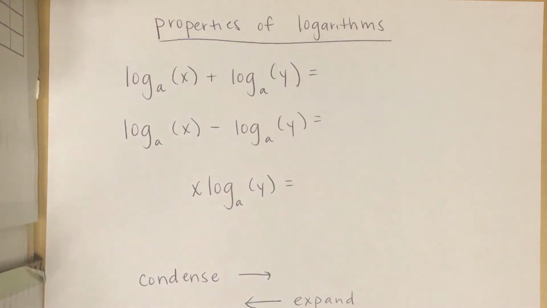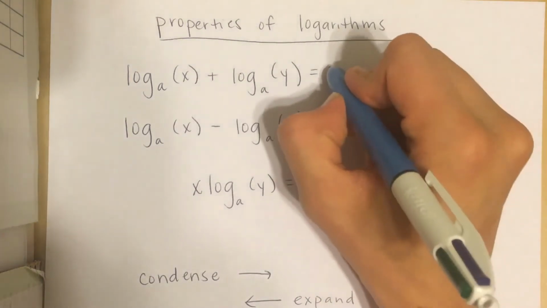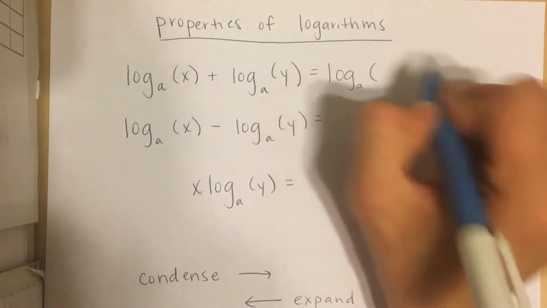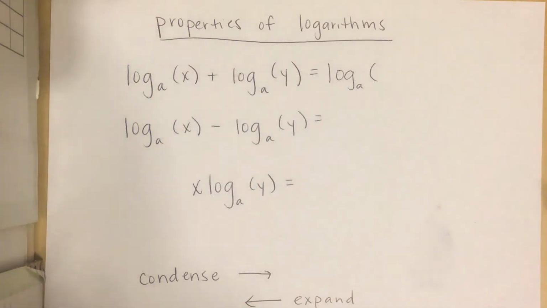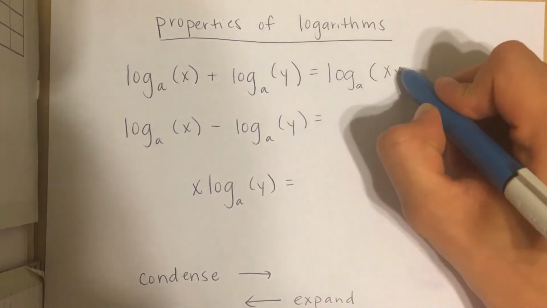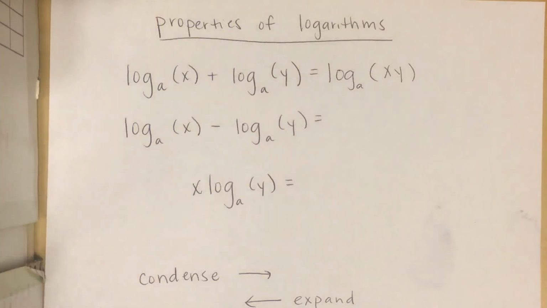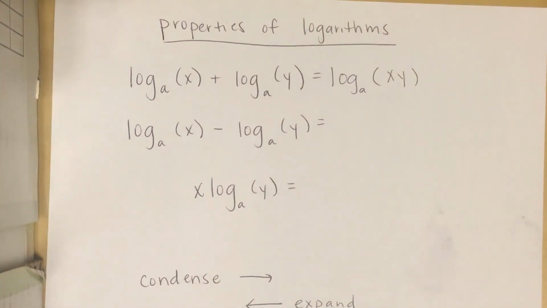There are 5 properties of logarithms that you should know. These are the first 3. Log base a of x plus log base a of y can be rewritten as a single logarithm. Log base a of, you multiply what's in your parentheses. X times y is xy. So if you add 2 logarithms together, you can multiply what's inside their parentheses and write it as a single